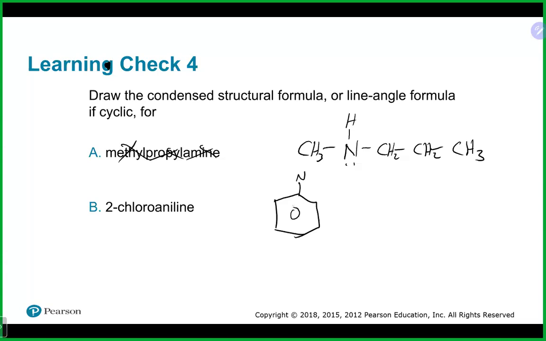So remember that where the nitrogen is attached to the ring will be carbon number 1. And since this is a benzene ring and it has those 3 double bonds, you could actually go either way in this case. You could go to the left, you could go to the right. I'm just going to go to the right and call that my number